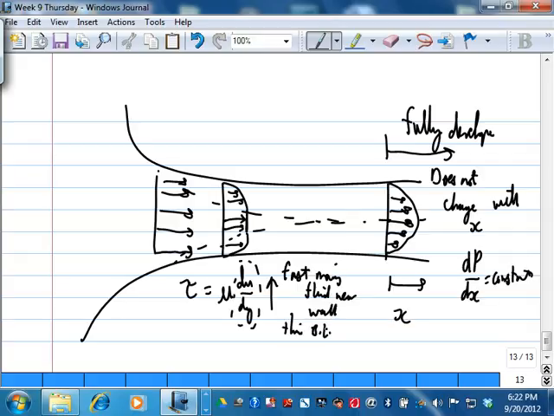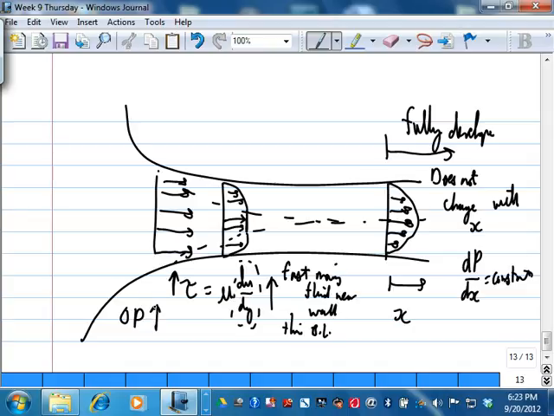If you have a thin boundary layer, between the wall and the top of the boundary layer, the velocity has to go from 0 to full speed. Then your change in velocity has to be fast, because you go from 0 to u in a very small distance. If you have a thick boundary layer, then you can gradually grow. So closer to the wall you have fast moving fluid compared to there. So you expect high du dy, therefore you expect higher shear stress, therefore you expect the pressure drop